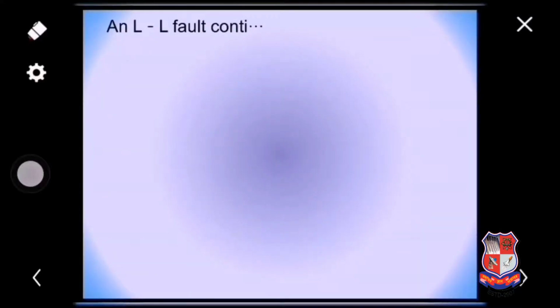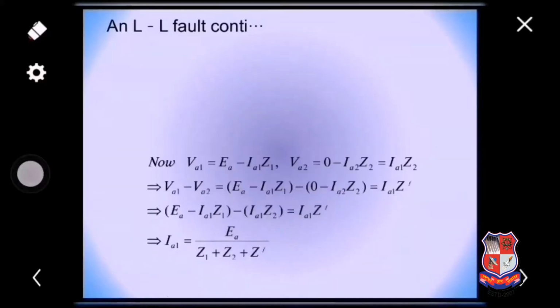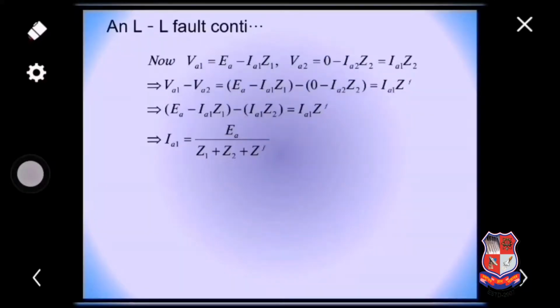But even if ZF is not equal to 0, VA1 minus VA2 is the potential drop across ZF due to this current IA1 or minus IA2. Fine. So now let us derive the fault current equation further, using these three basic equations and the basic equations of VA1, VA2, VA0. Do mind well, VA1 is equal to EA minus IA1 into Z1, VA2 is minus IA2 into Z2, and put the value of minus IA2 equal to IA1, what we have derived.